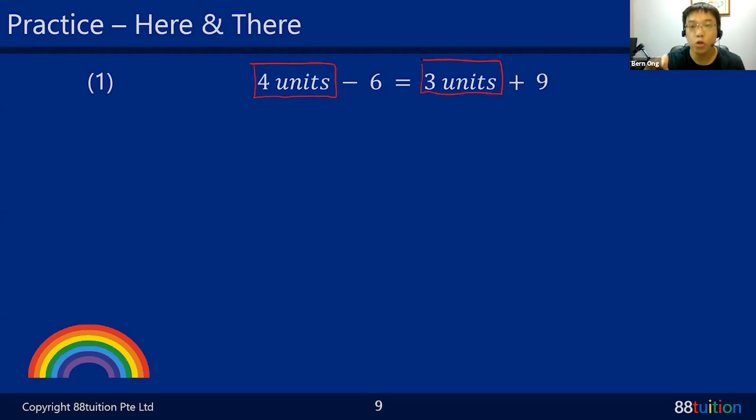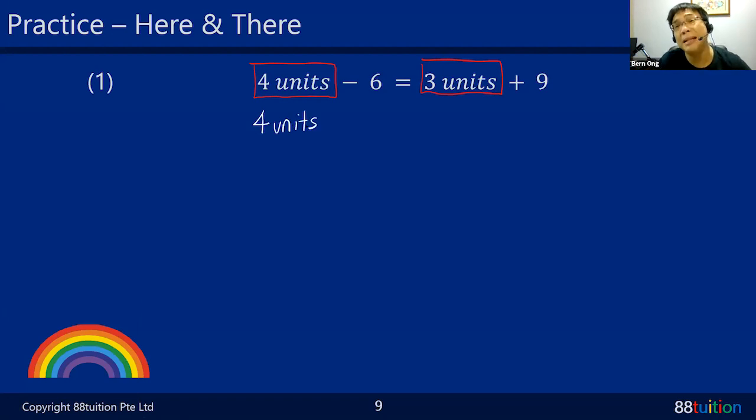So you always focus on the units portion. Ask yourself, who is heavier? Me lah, so big size, come on. So 4 units and 3 units. 4 units is heavier, right? So 4 units, don't touch it. Don't touch the 4 units. So you just copy below here, 4 units. All right.